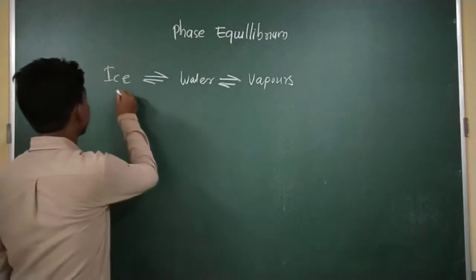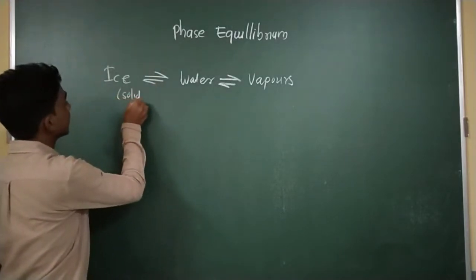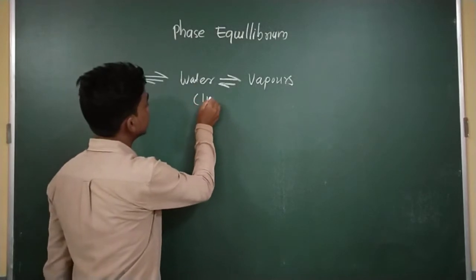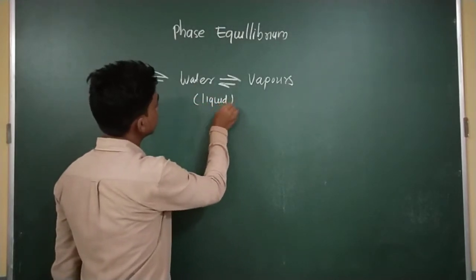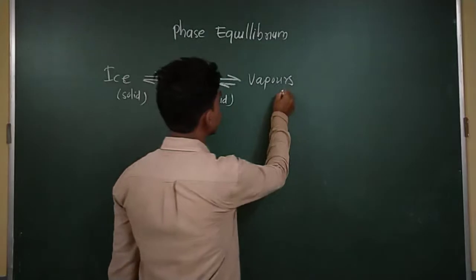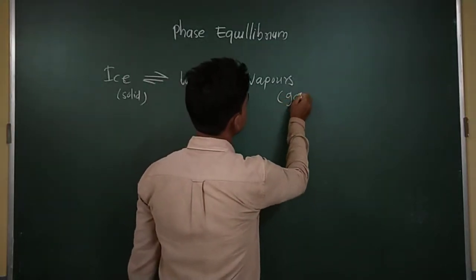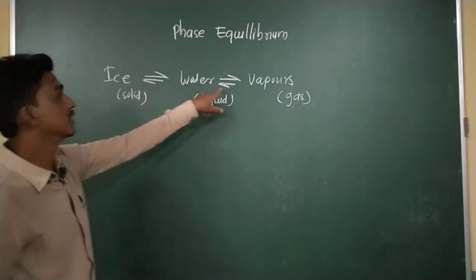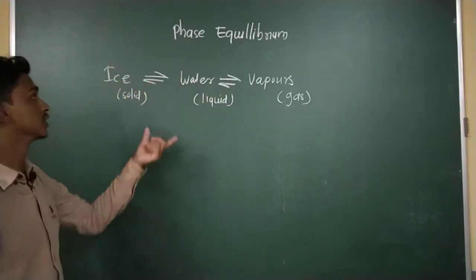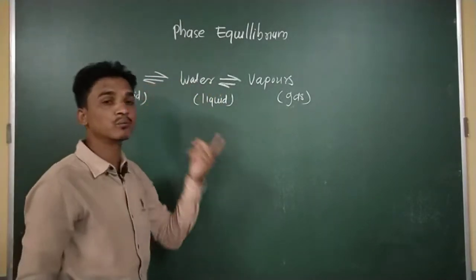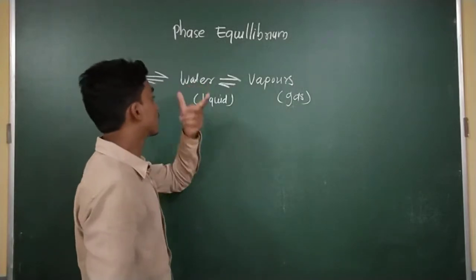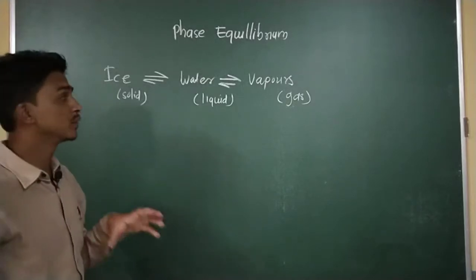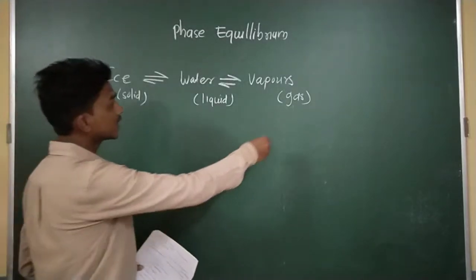First one is solid, this ice exists in solid. This water exists in a liquid state, and this vapor exists in a gas state. And this equilibrium sign indicates that at specific conditions this ice is in equilibrium with water molecules, and these water molecules are in equilibrium with the vapor phase at specific conditions. And those conditions